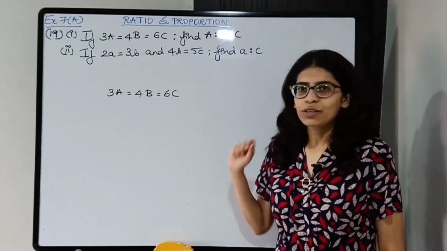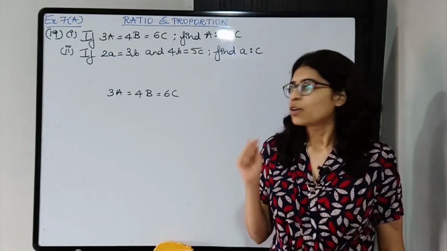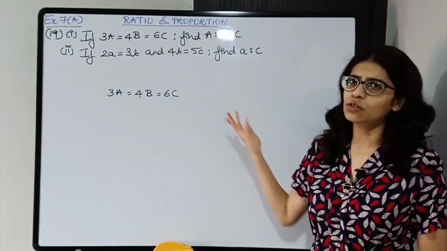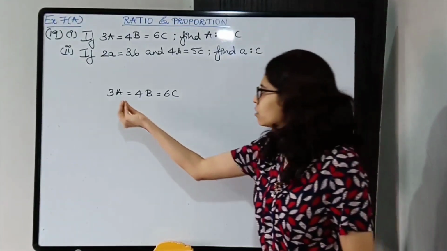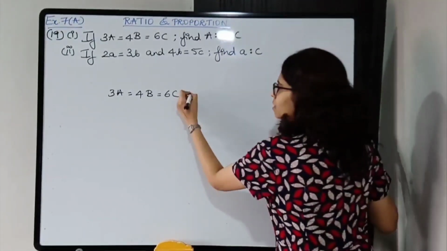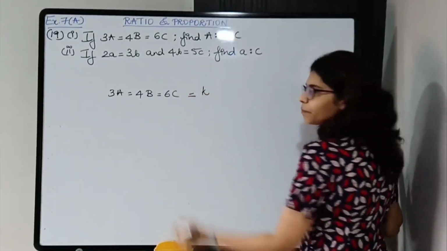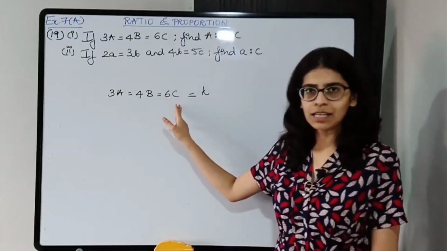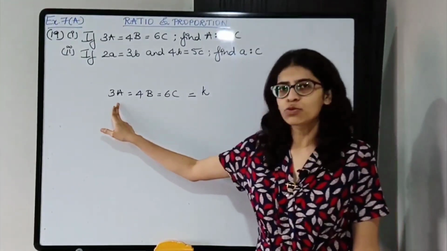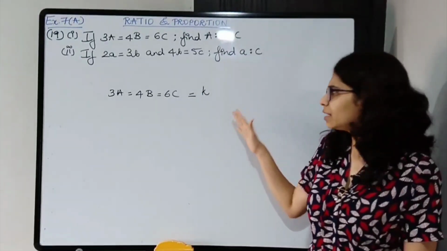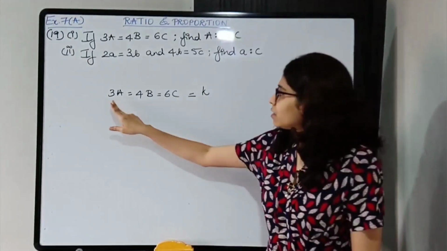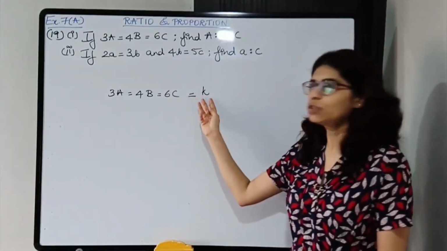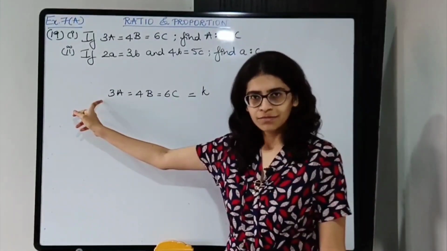Now there is no ratio given over here, so what will you do? You are told 3a is equal to 4b is equal to 6c. What is its value? We don't know. So let's say this is equal to this is equal to this. Let's say all three have some value k. Instead of k you can take any other variable, not a, b and c but any other variable. Here a, b, c are used, so you can take p, m, q, anything else. So over here I can say 3a is equal to k, 4b is equal to k, 6c is equal to k, because all of them are equal.